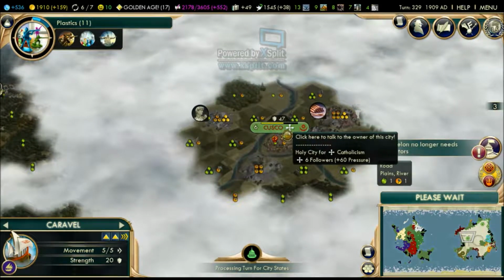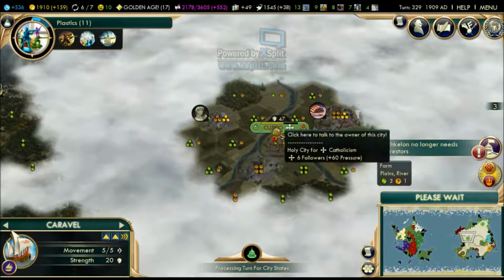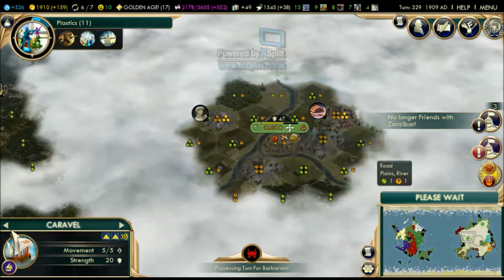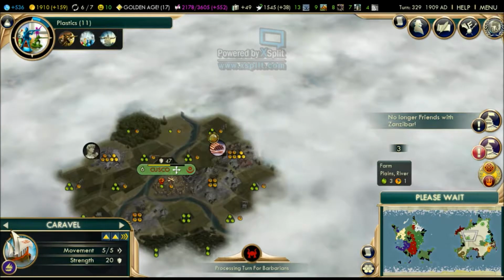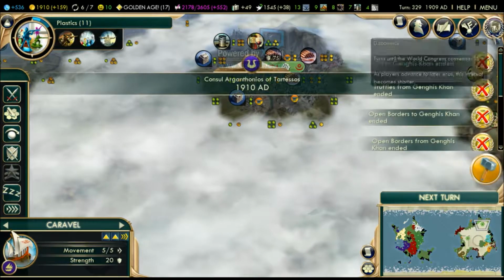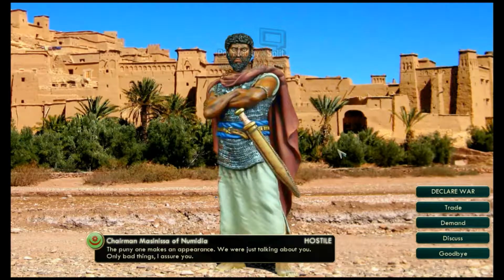And Colchis actually captured Cusco from Mongolia. How about that? Is that... Oh wait, there's actually... Yeah, it's them. Yeah, Numidia actually captured the Cusco from the...